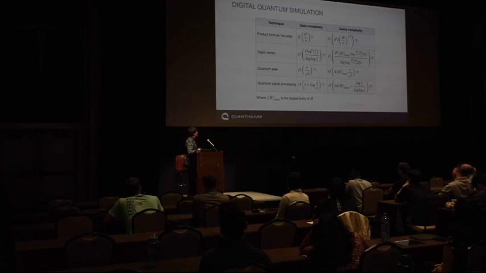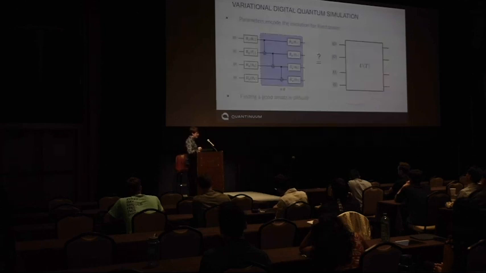So I would say that there's a huge amount of work still to be done. If you're going to pick a field to work on, try and work on compilation of these Hamiltonian simulation algorithms. So the rest of the talk is basically the tools required to implement these types of algorithmic primitives. And just a note, there has been a lot of work on variational digital quantum simulation,